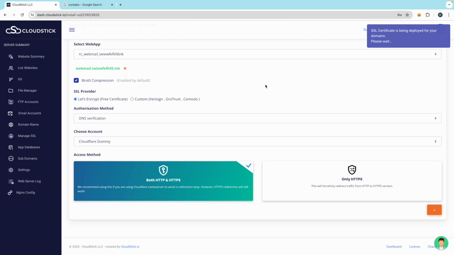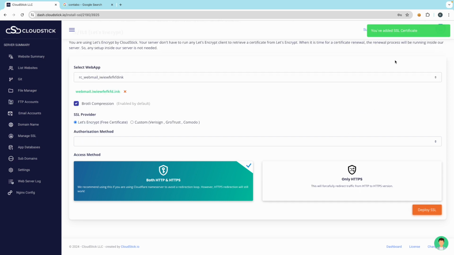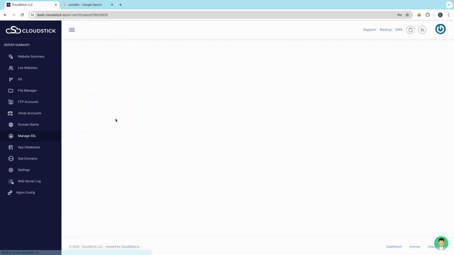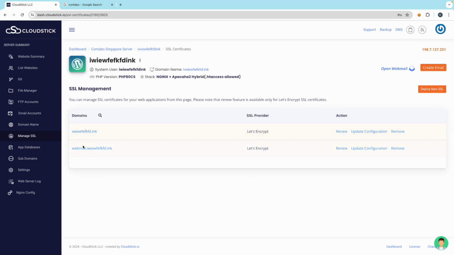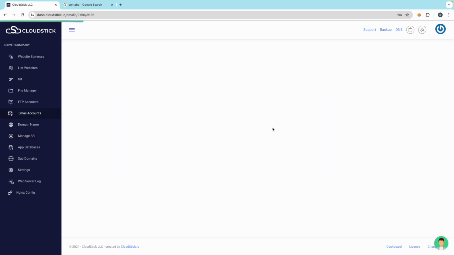Just wait for a few seconds. Almost done. Let's wait a little bit more. Okay, awesome. You can see SSL has been added here. That's it. Now here you can see SSL has been added, and just go to email accounts,